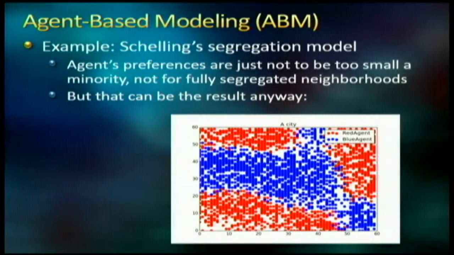This is a Nobel Prize winning model. Thomas Schelling won the Nobel Prize in economics, and this model was a major reason. We start out, we just throw here blue and red to be uncontroversial and not get into any real world dynamics, just focus on the model. So we imagine there's blue and red agents, and what they want is they don't want to be too small a minority in a neighborhood. So they don't care to have a segregated neighborhood, they just don't want to be the only red agent, the only blue agent in the neighborhood.